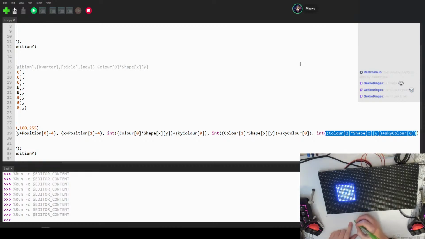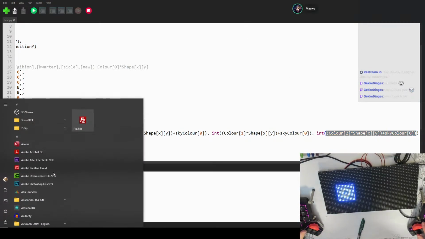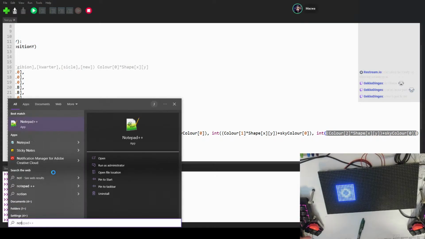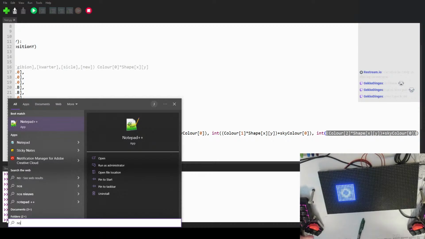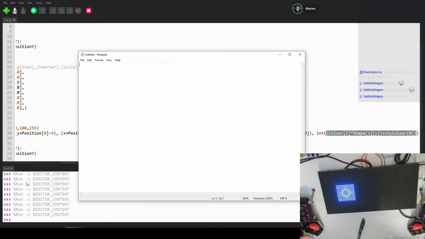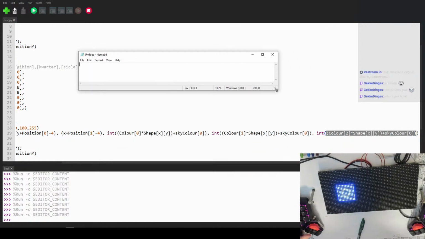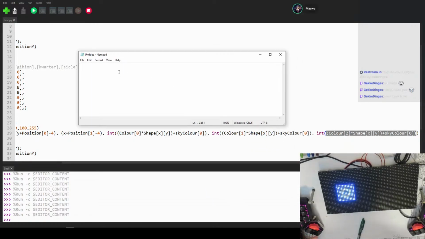So if we actually write it down, it would be, oh, you can hardly see this color. That's not helpful. There's Notepad. Oh, not Notepad++, Notepad. Just Notepad. Thank you very much. So if we're taking that,